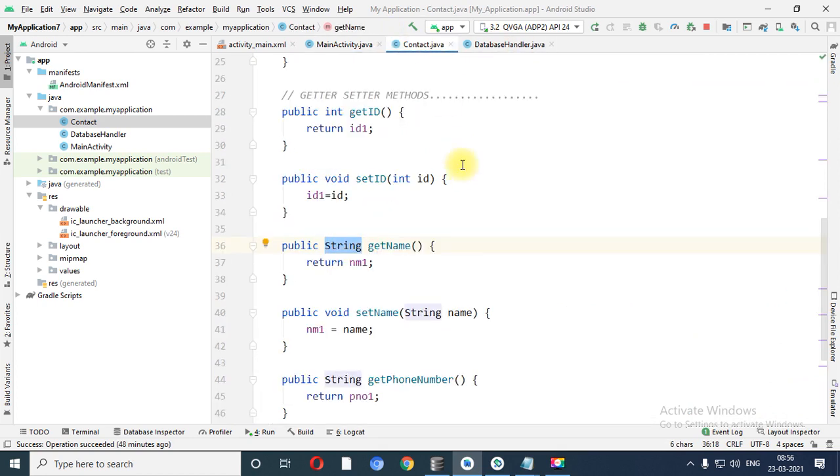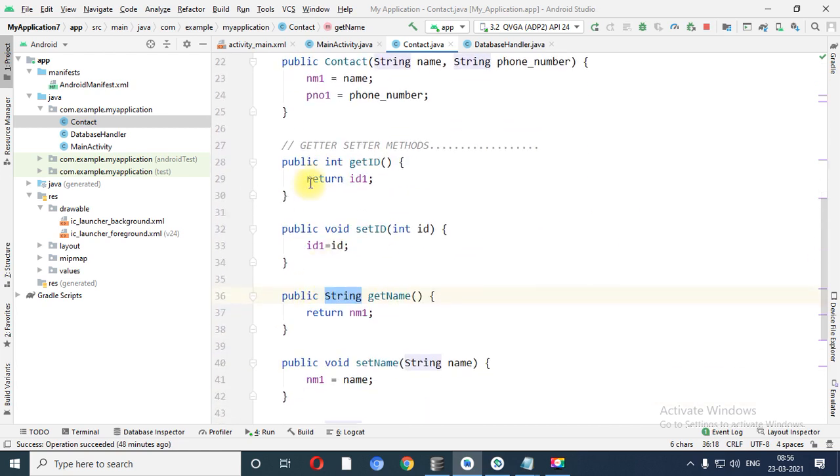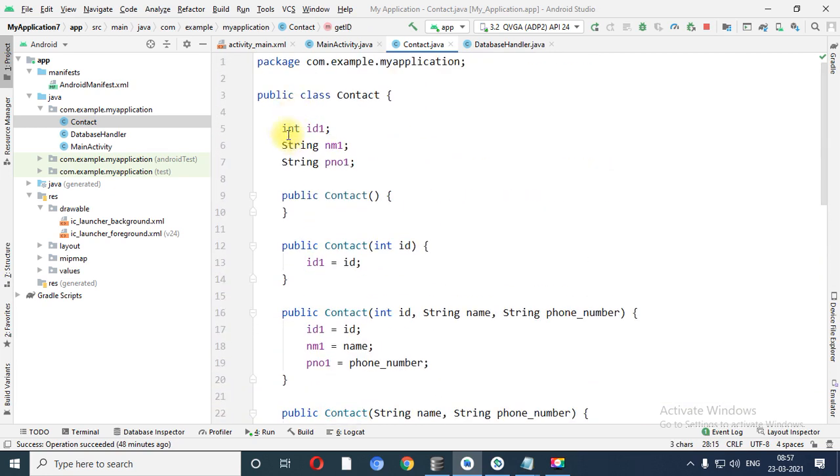Contact.java I have explained. Basically contact.java contains the collection of constructors, as well as getter and setter methods for individual variables. The return type you can declare with the data type of the particular variable.